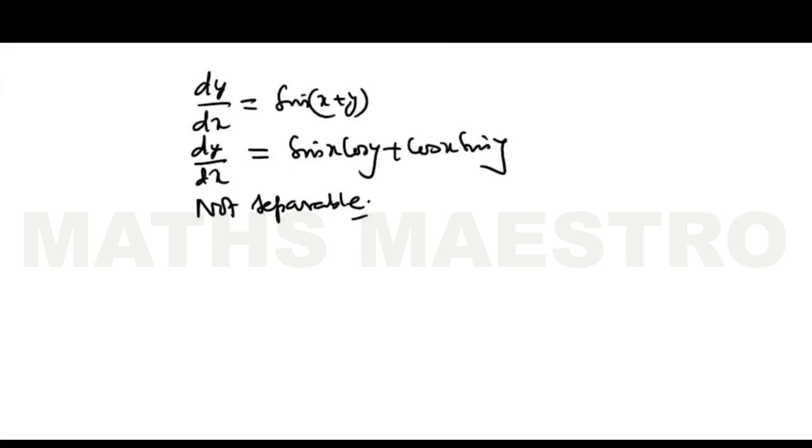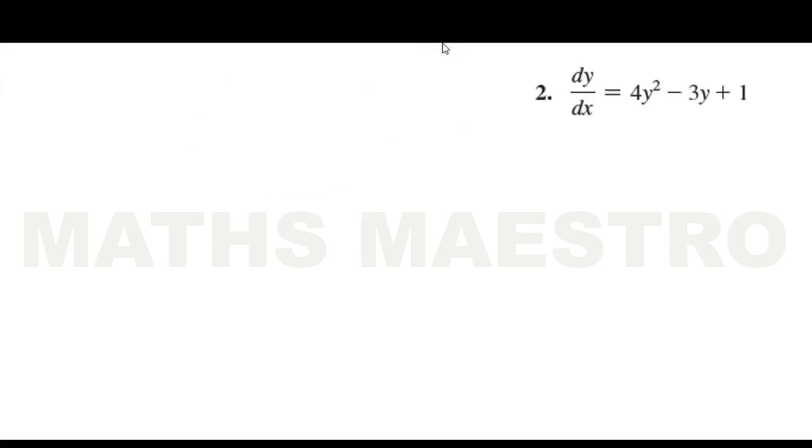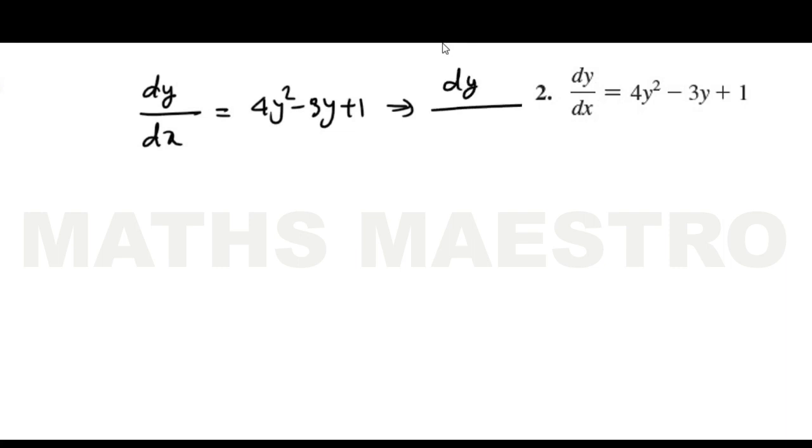Okay, we come to question number two now, and just by looking at it, you will be able to make out that it is a very much separable equation, because the function of y can be written with dy, and we can write dy/(y + 1) = dx. When we apply integration, we will be able to do it very easily by just putting integration on both sides. The function of y is aligned with dy, and 1 is aligned with dx, since there is no function of x involved in this.